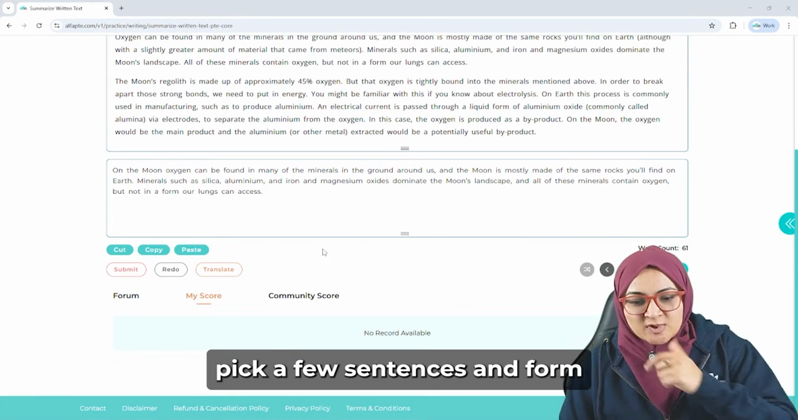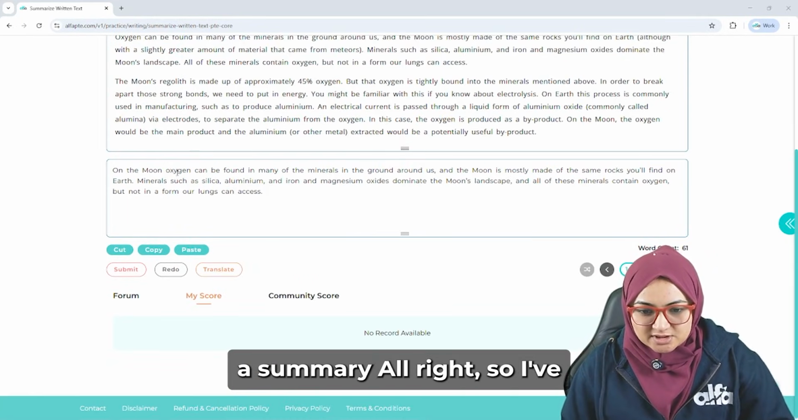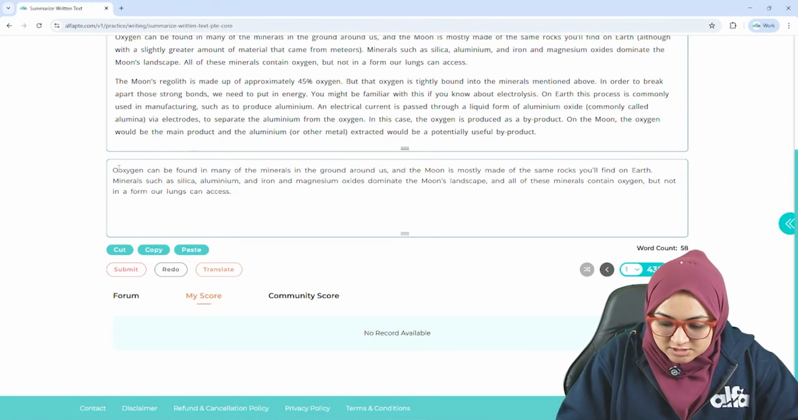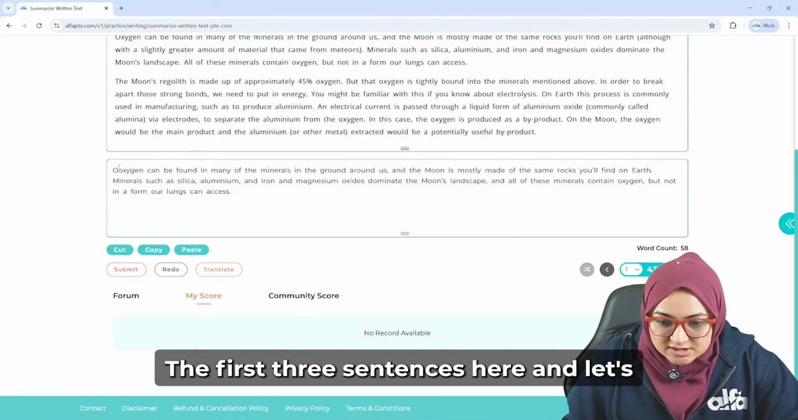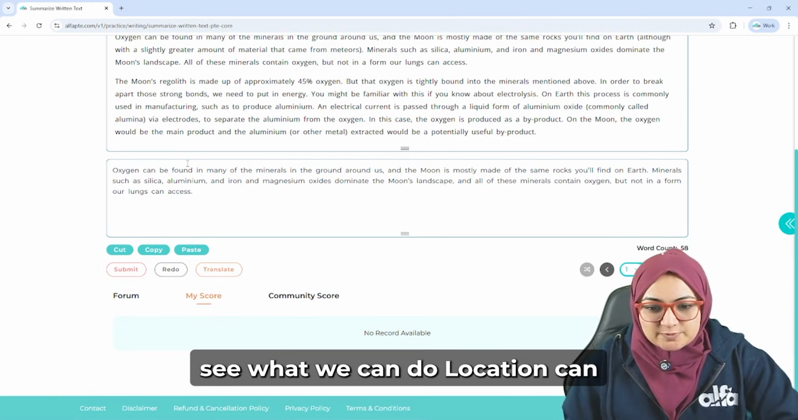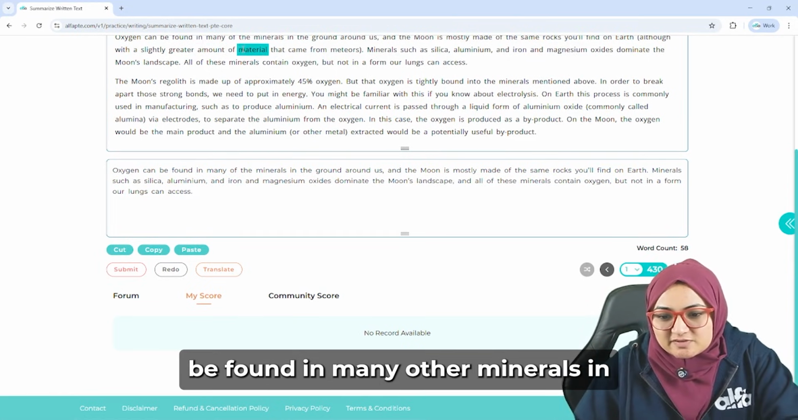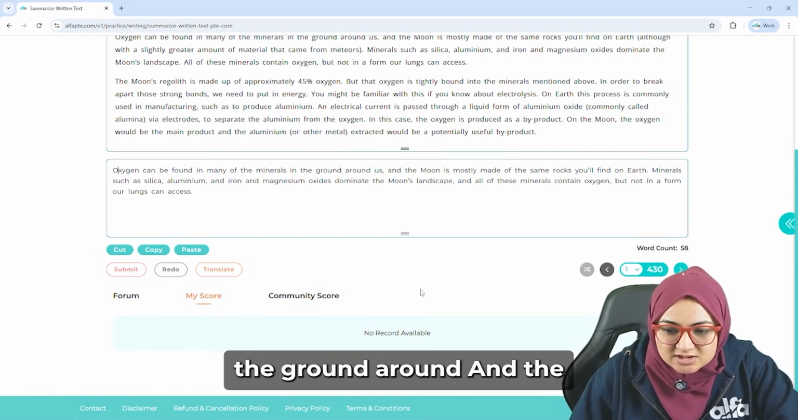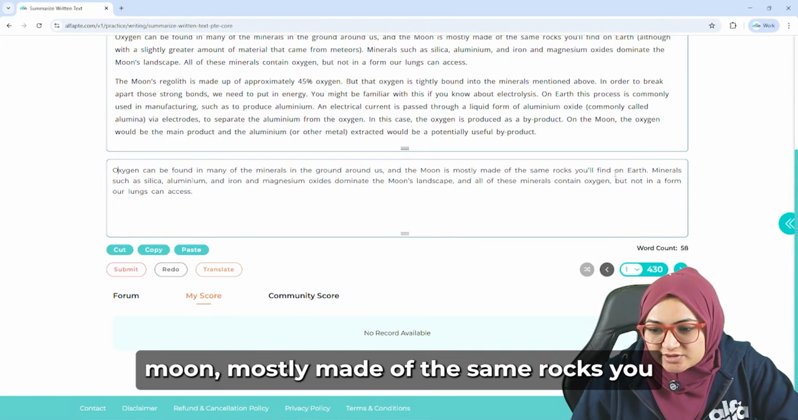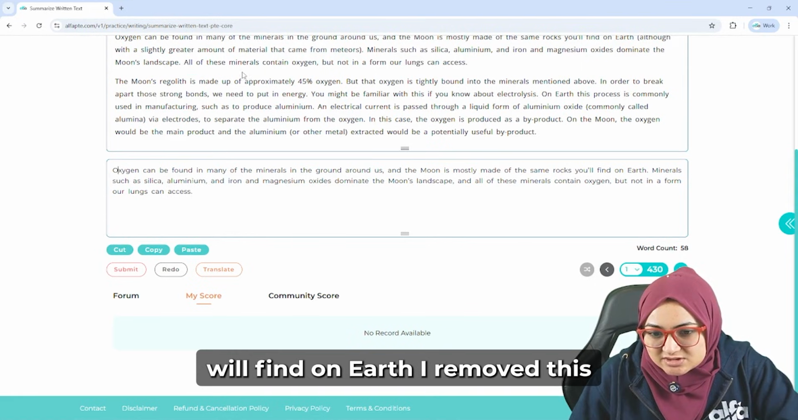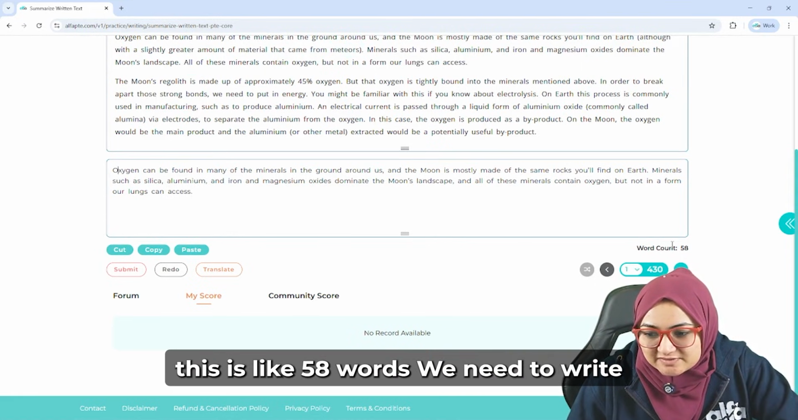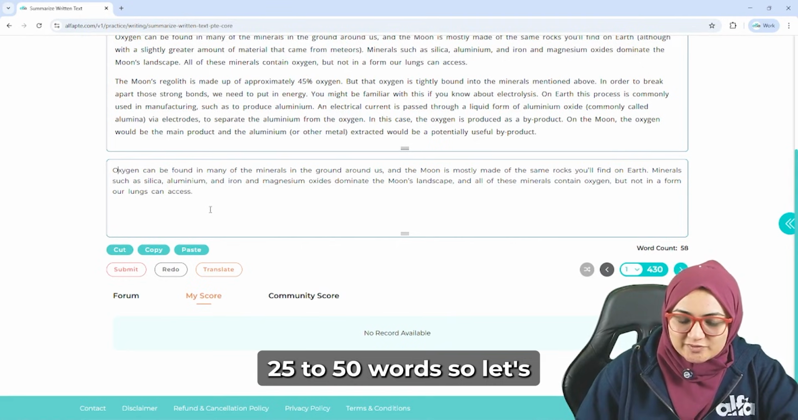All right, so I've copied the first three sentences here, and let's see what we can do. Oxygen can be found in many of the minerals in the ground around us, and the moon is mostly made of the same rocks you'll find on Earth. I removed this part. Minerals such as silica, but this is like 58 words. We need to write 25 to 50 words. So